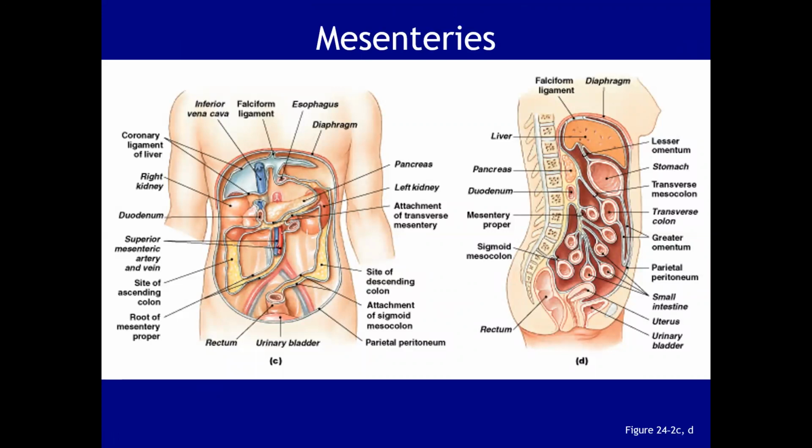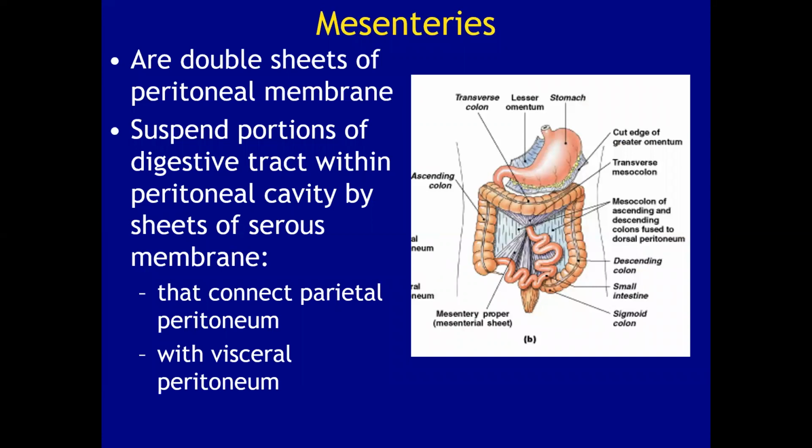Okay, so your mesenteries are really interesting tissues, and they have the job of basically keeping structures in order, right? These are double sheets of that peritoneal membrane, and they help to suspend portions of your digestive tract. So if you look at this image on slide 9, you can see that we have here your colon that